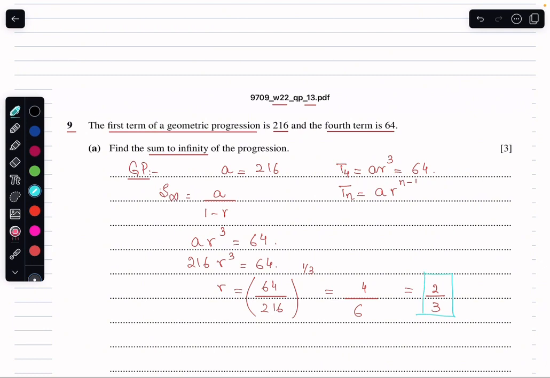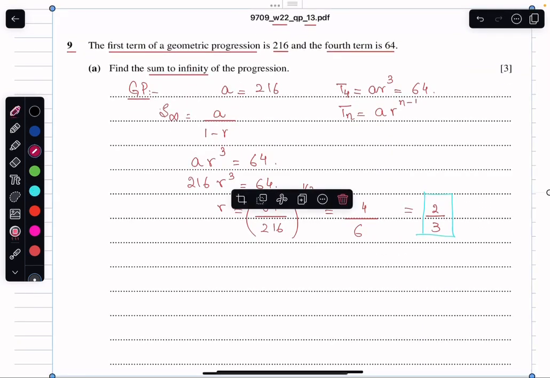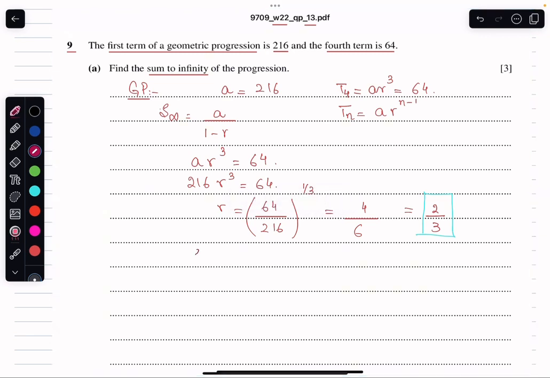After that, I need to have the sum to infinity. My work is very simple now. The sum to infinity, just substituting all the values, should be equal to a, which is 216, divided by 1 minus 2 by 3, or I can say it's 216 divided by 1 by 3, or 216 times 3, and then the sum to infinity shall be equal to